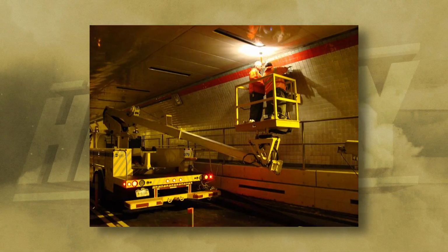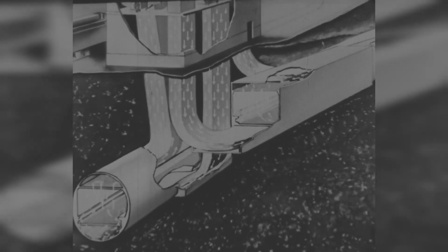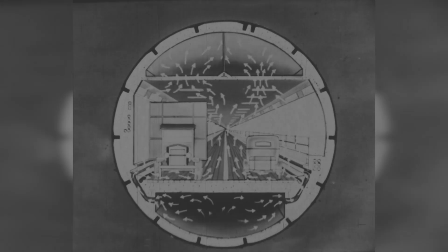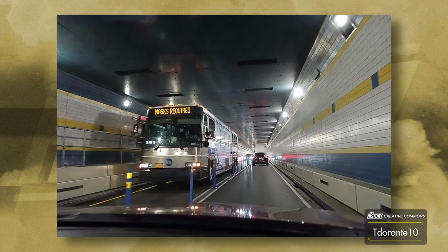are easier to maintain. And this is an amazing upgrade, as the new fans, which clear the tunnel of pollutants and carbon monoxide, move 2.8 million cubic feet of air per minute and can completely clear out both tubes every 90 seconds. Another feature that has changed since the tunnel's opening is the original brick roadway, which was replaced with